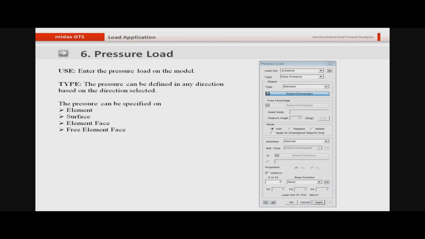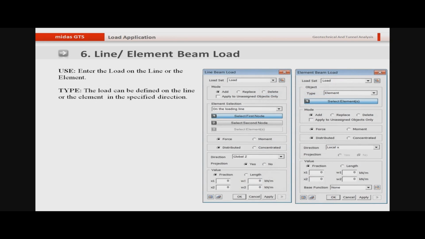So let's say we are talking about the concrete foundations, the building foundations, and we don't want to model the building, but we want to simulate the building load as a pressure load on the top of the foundation. So this load can be used to simulate that kind of load. If you're going for the mat foundations, the pile raft foundation, then this kind of pressure load can be used for modeling the building load.